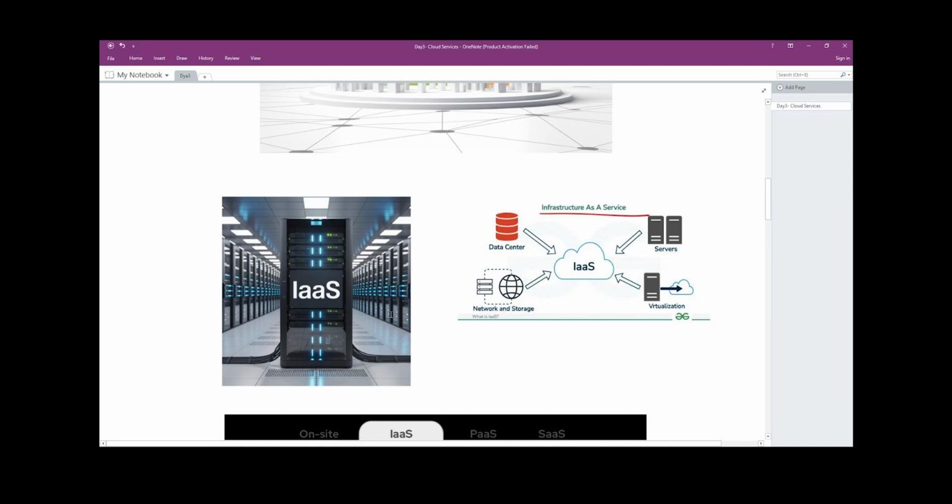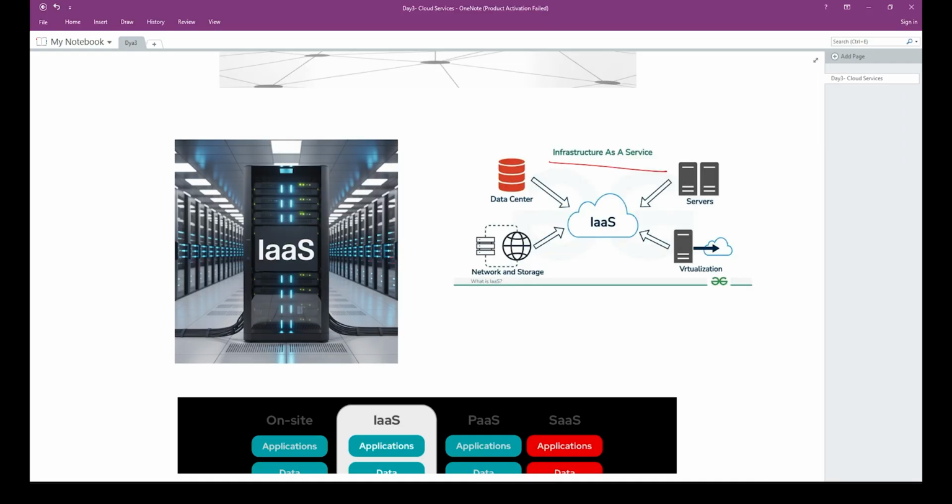the site slows down or crashes. But what if the college used IaaS, Infrastructure as a Service? With cloud infrastructure, you can scale up your resources just for result day. More servers, more computing power, more bandwidth. And once traffic goes down, you can scale it back down. No need to keep paying for high power all year. This is the beauty of IaaS: scalable, flexible, and cost efficient. You rent infrastructure based on demand, just like turning on more lights when guests arrive and turning them off when they leave.